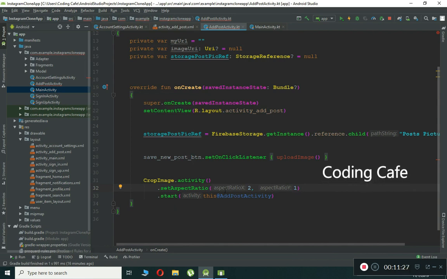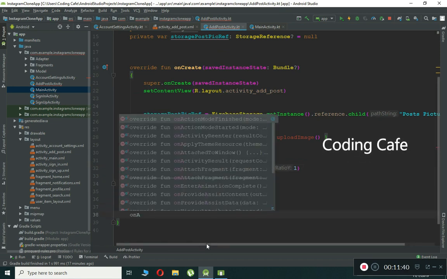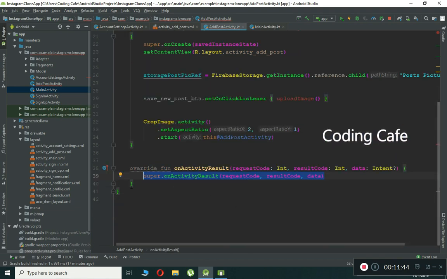Once the user selects the picture from his mobile phone gallery, we have to get that image URI basically. Well, it is simple. All we're going to need is to implement the built-in function, which is the on activity result, this one. Okay, and now in here